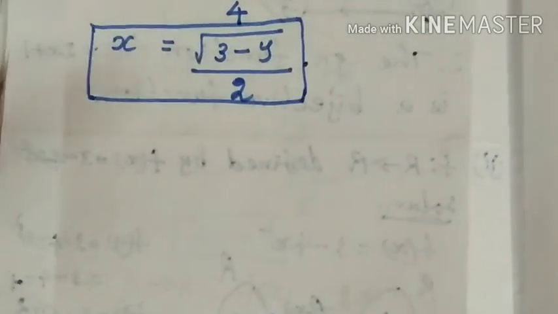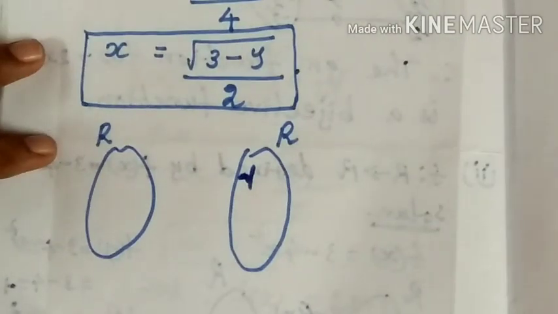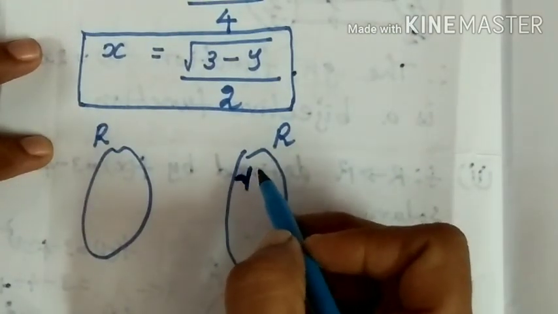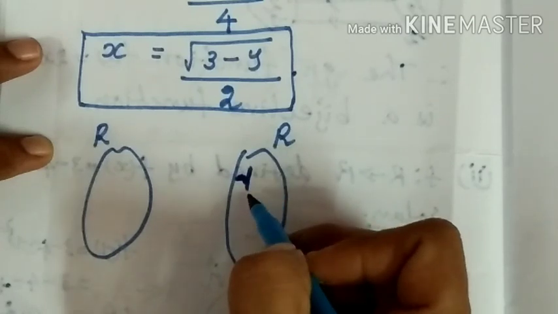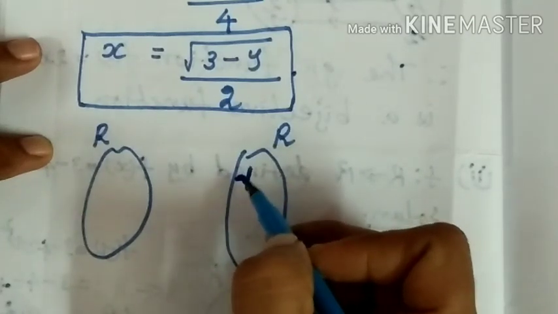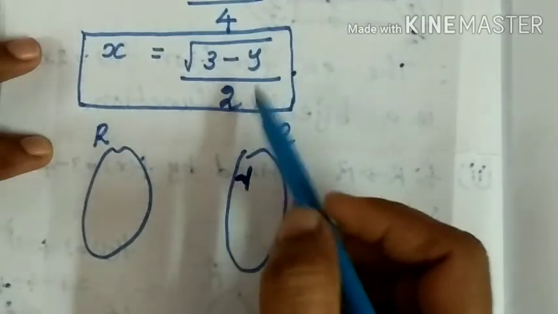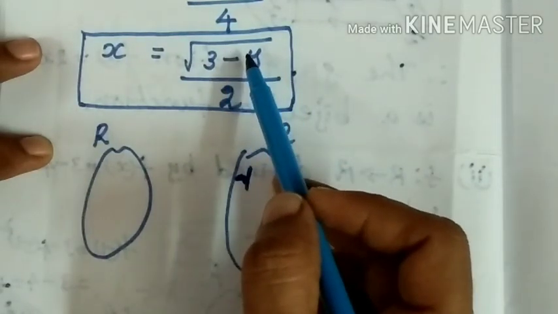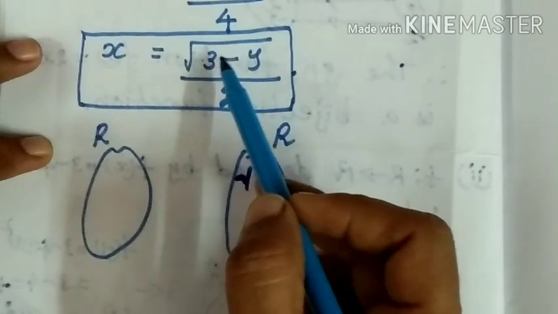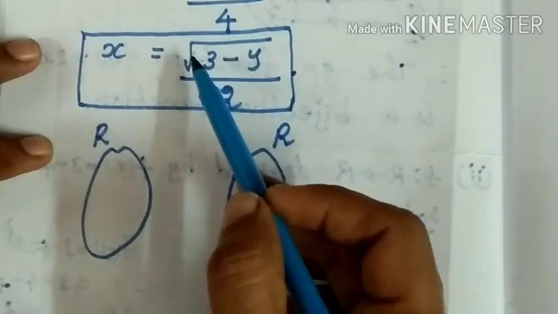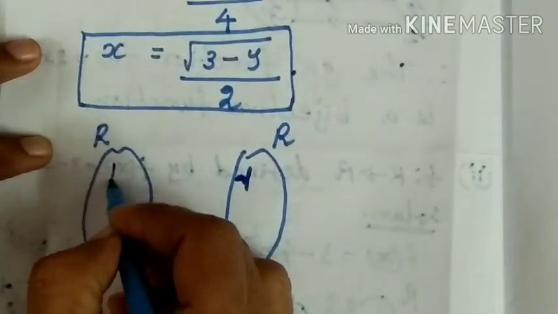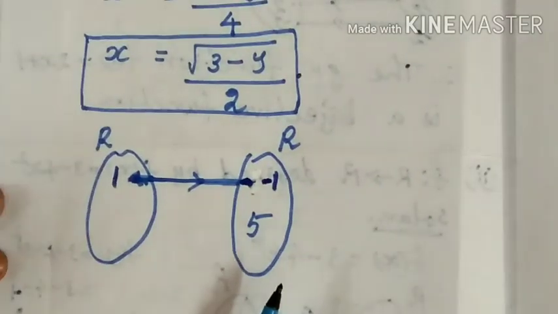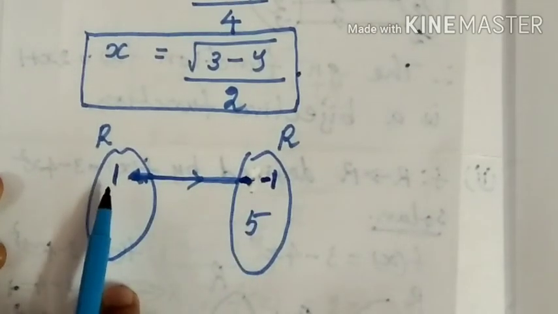So now we have to check whether it is an onto function or not. I will take the element minus 1, the pre-image element, that belongs to the y coordinate, minus 1. Then instead of y you apply minus 1, which means we get minus into minus plus 1. Then 3 plus 1 equal to 4. Then root 4 is 2. Then 2 by 2 we get 1. Now minus 1 has a pre-image 1.